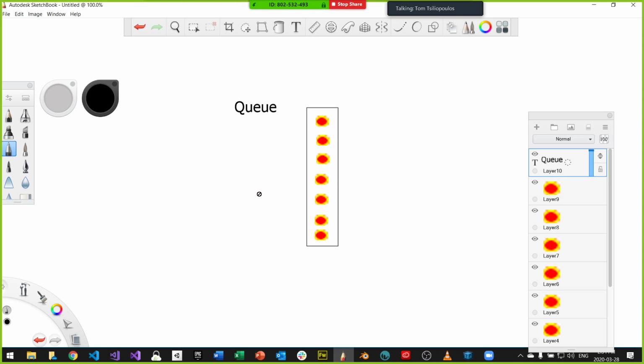So a queue is a line, right? It's first come, first served, or first in, first out. That's kind of what a queue is like. First in, first out, or FIFO, is what it's called. So what you have is objects on the back of the queue.